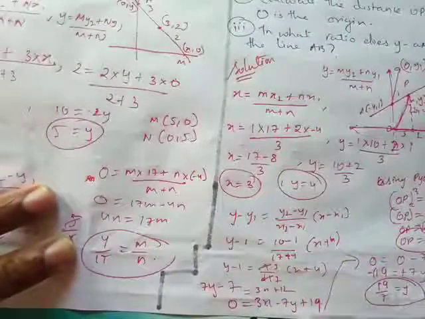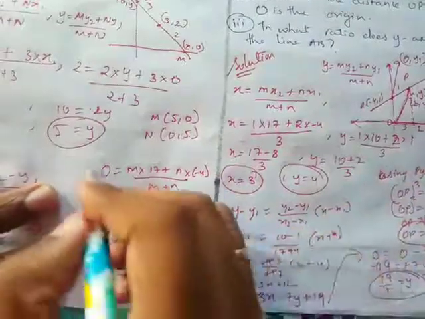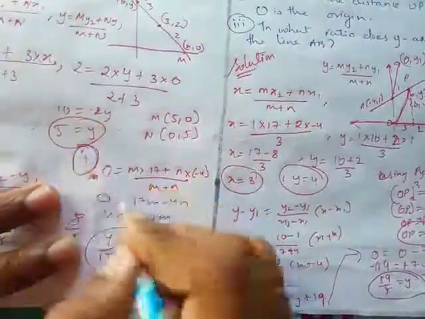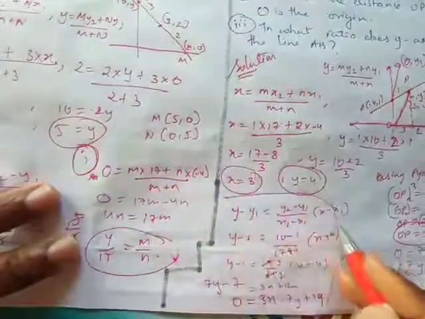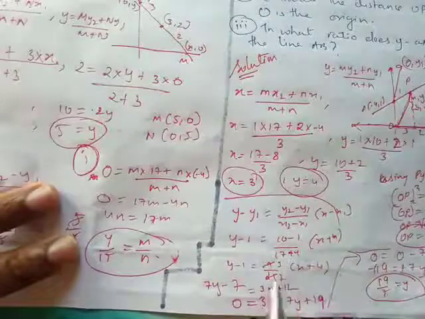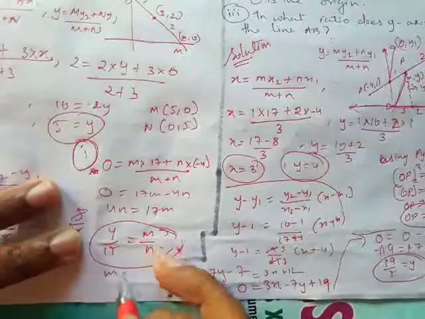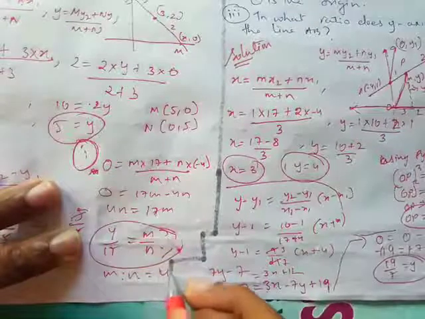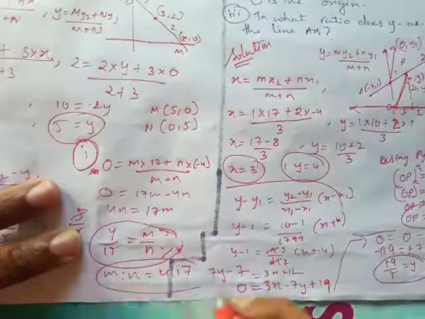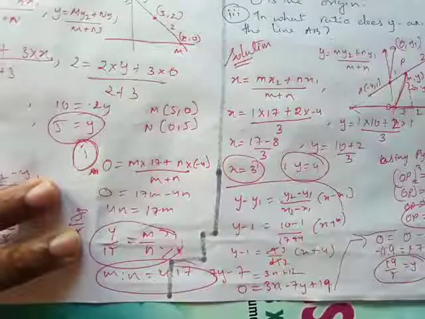सो आपको रेशियो तो वैसे ही मिल गया, आपको ये सब करने की भी जरूरत नहीं थी, या फिर जैसे ही आपका थर्ड पार्ट स्टार्ट होता है, आप थर्ड पार्ट को यहाँ से स्टार्ट कर सकते हैं, आपको ये करने की जरूरत भी नहीं है, ये भी कर सकते हैं पर ये करने की जरूरत भी नहीं है। आप डायरेक्ट फॉर्मूला भी लगा के, तो m रेशियो अगर n लिखता हूँ मैं, कितना आएगा 4:17। ओके, दैट्स योर आंसर।